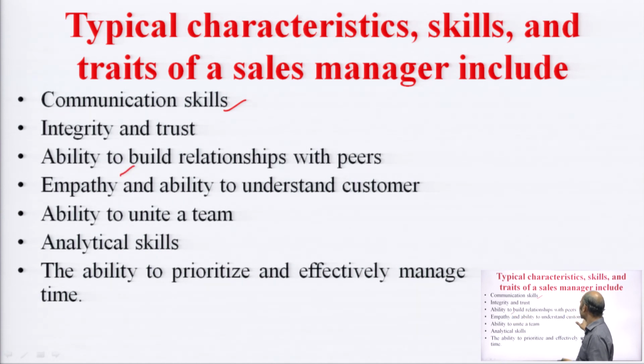Ability to build relationships with peers. So you have to maintain the relationship, as I told you earlier. If you are not maintaining the relationship with your peers, then you cannot develop trust amongst your peers. So you have to tell your peers that together we can win and together we can lose. You have to build a strong relationship. If you are giving an order to a peer, the peer should not disobey your order. That is how you have to do it in the market, so that you can get new customers in the market.